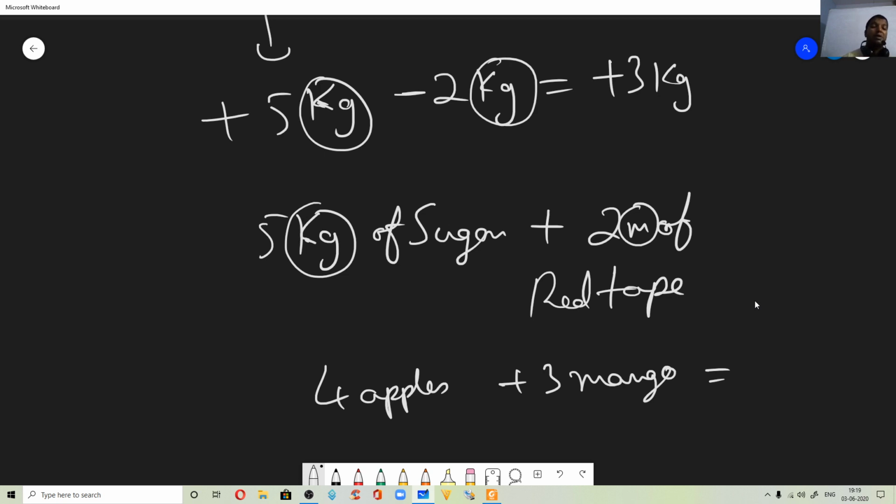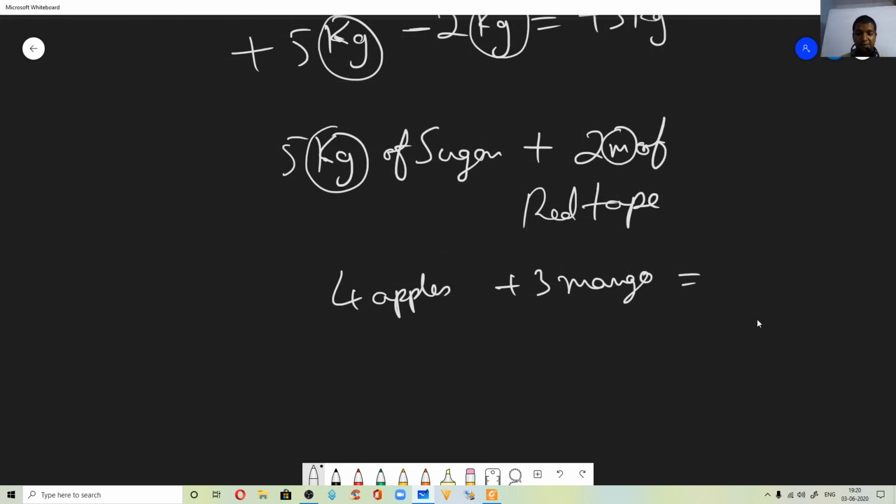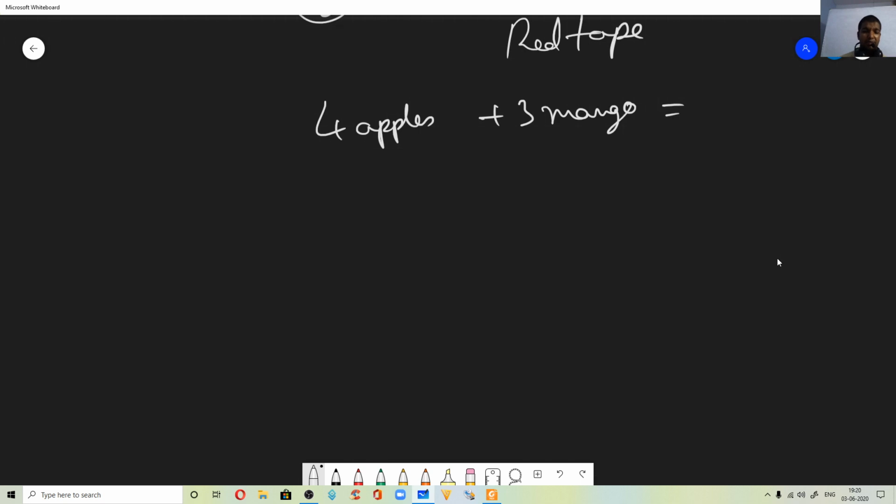So when you are adding or subtracting scalars, you need to make sure that both the scalars have the same unit. That is, I can add mass with mass, or I can subtract mass from mass. So this is one simple rule. I think all of you know this already. Anyway, it's better to remember. Now let us come to vectors, operations on vectors.